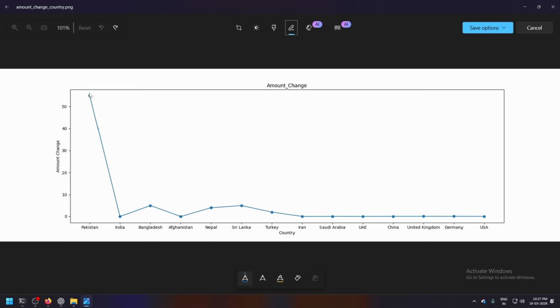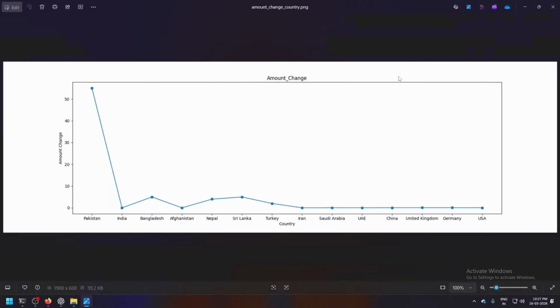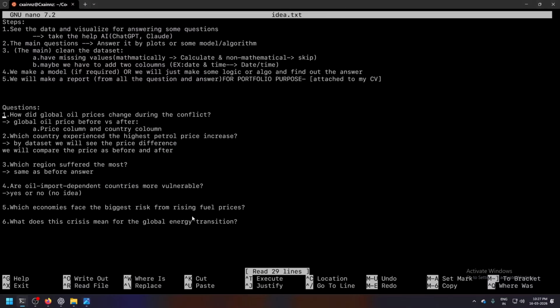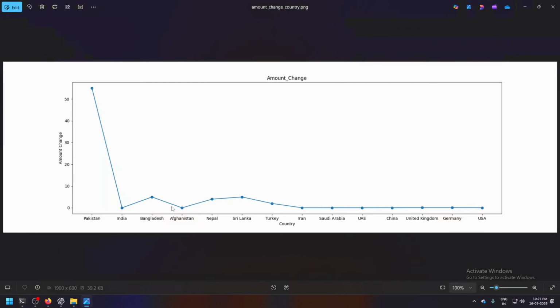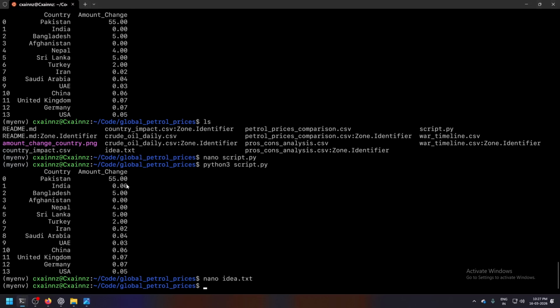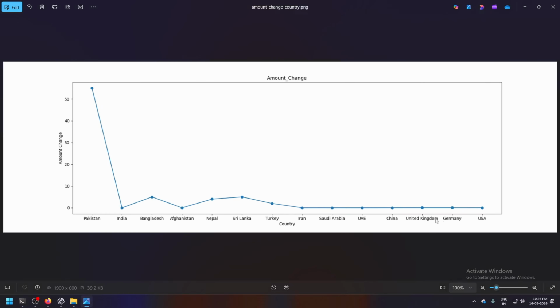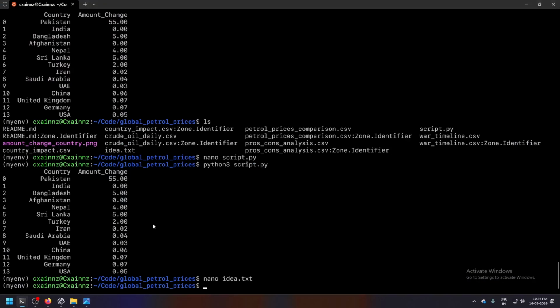But what I'm thinking is, what if I put the actual values over here and give you a proper example, because you can see over here. Okay, let me show you. India has 0.00, Pakistan, Afghanistan 0.0, but Nepal has 4.0, 5.0, 2.0. Now all these things come in a straight line, but are they?